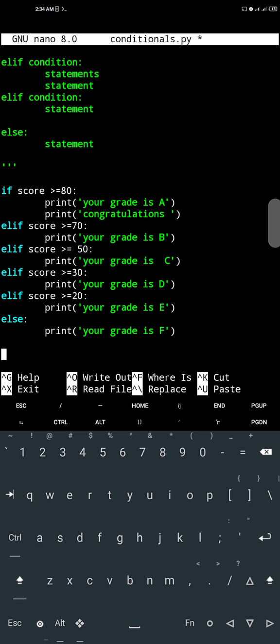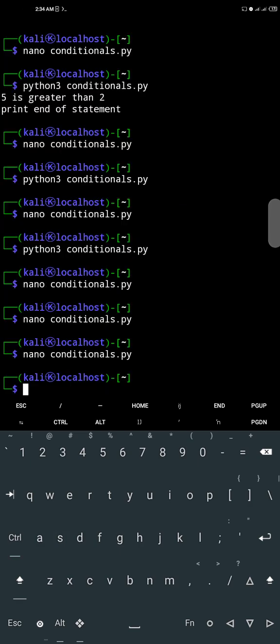So it will continue to check the conditions, and if any of them is true, it prints its block. Then if none of the conditions above is true, the last one, else, would execute. And check the else, we don't add any condition to the else, and the else is always kind of optional. So I'll just save and then run the code